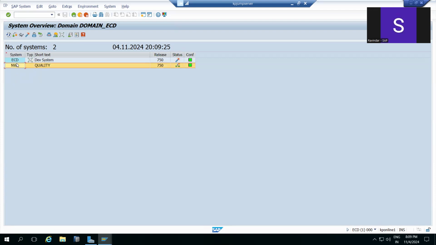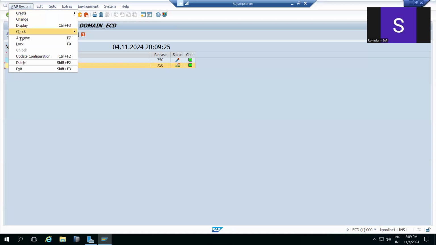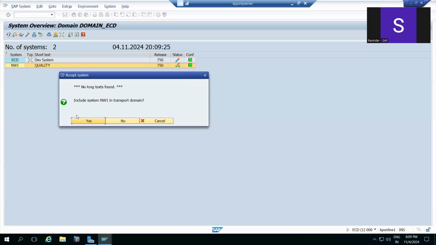Select it, go to the SAP system, click on the approve button, then click on yes.